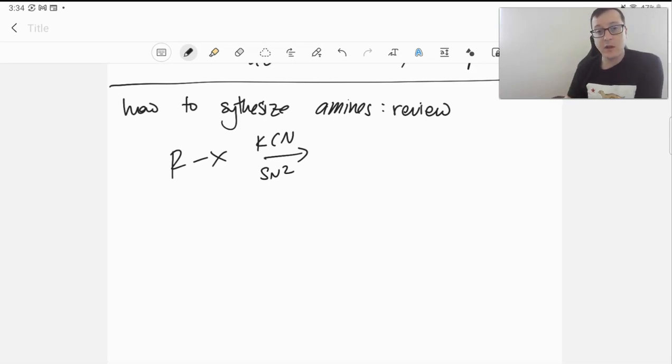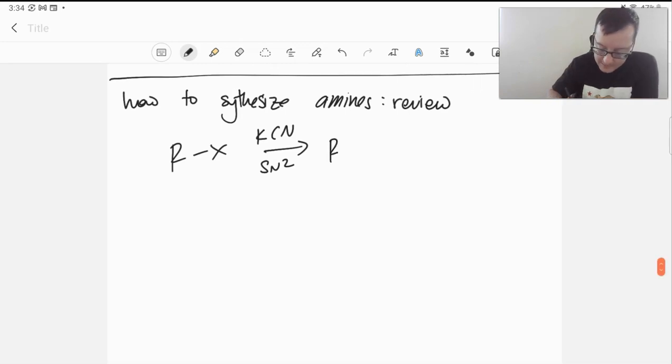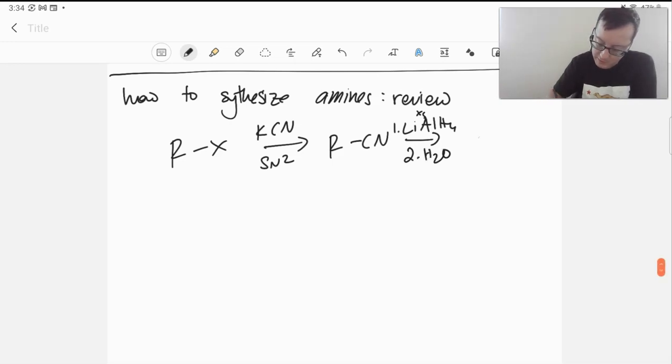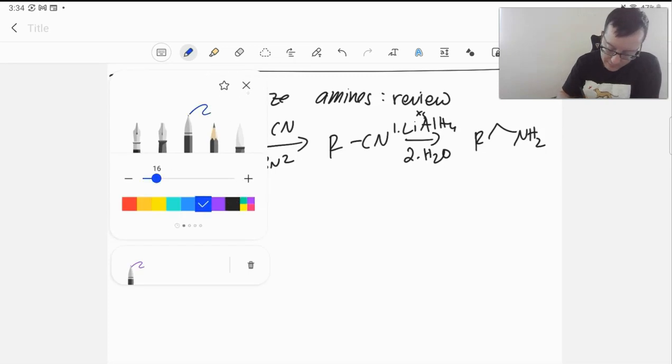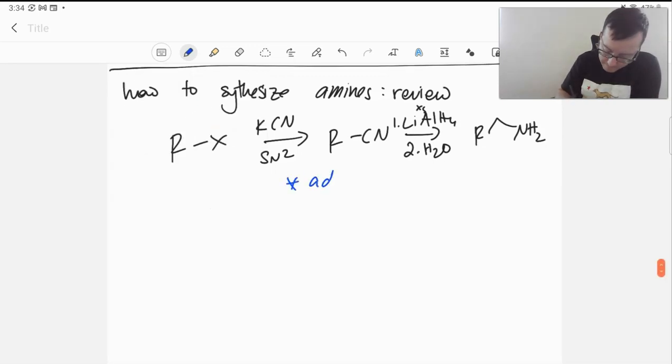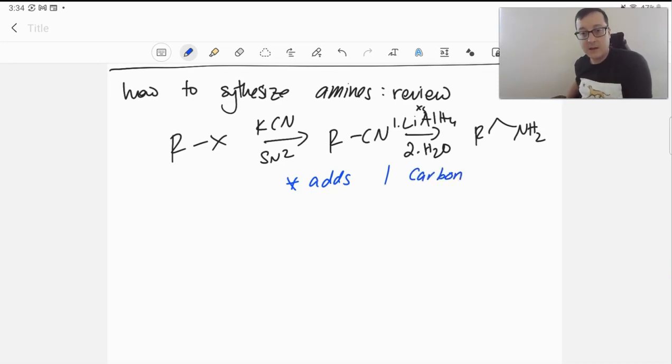So we'll put this with a polar aprotic solvent, and we'll end up getting our nitrile, which then we can reduce using lithium aluminum hydride and water. Although we will need the excess of that lithium aluminum hydride, we will end up making an amine. Notice, of course, we have one additional carbon if we follow this route. So if you want to make an amine, you can do it by using a nitrile, which will add one